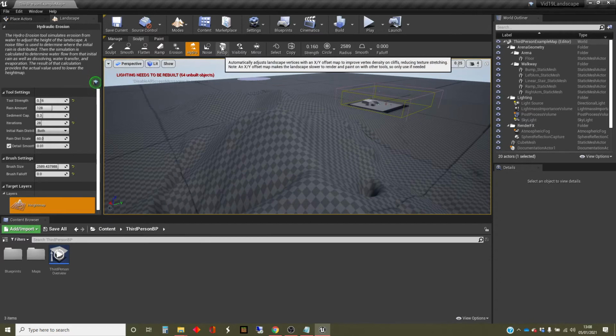Okay, retopping, let's see what it says. Automatically adjust landscape with reducing texture and stretching. So that's to do with the texturing. It's more of an advanced setting, so I'm not going to go into that. Visibility allows you to make holes in your landscape,